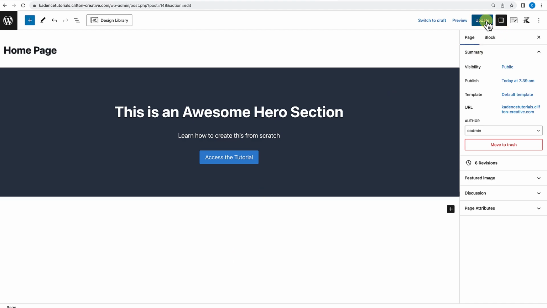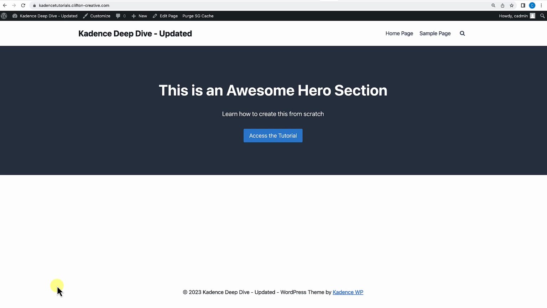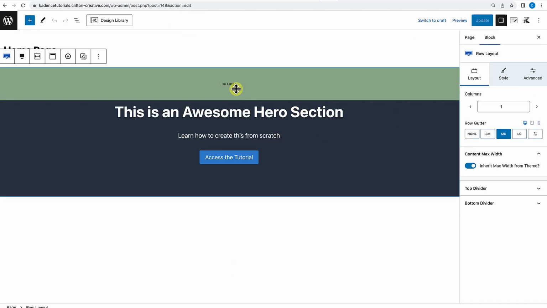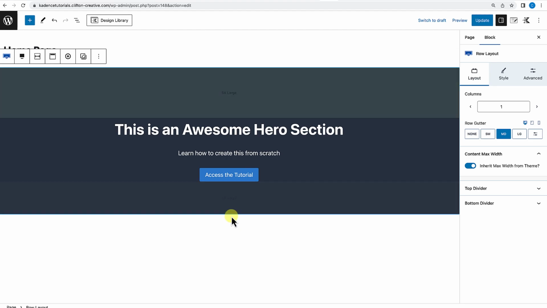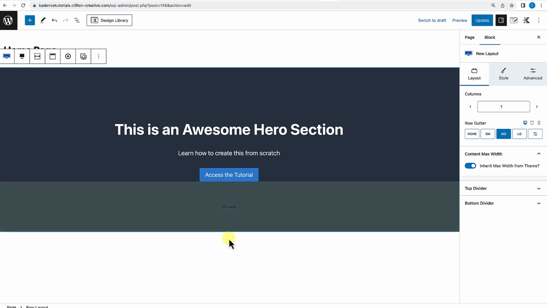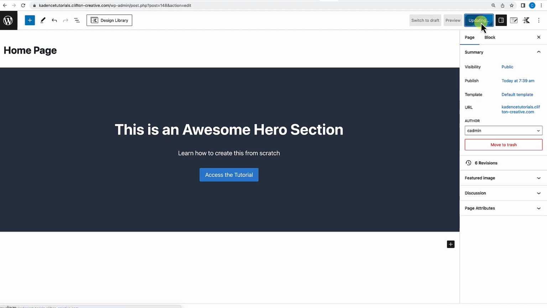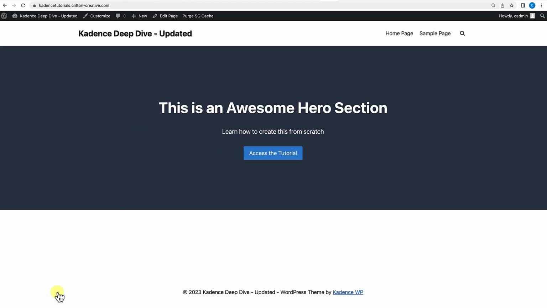Okay, click on update, and when we view it, yeah, it looks pretty nice. It's a very nice hero section, very simple. Let's actually go all the way, make this 5x large and 5x large there. Click on update, and here we go. This is an awesome hero section. Very, very easy to do, very, very simple. Now let's click on edit page,